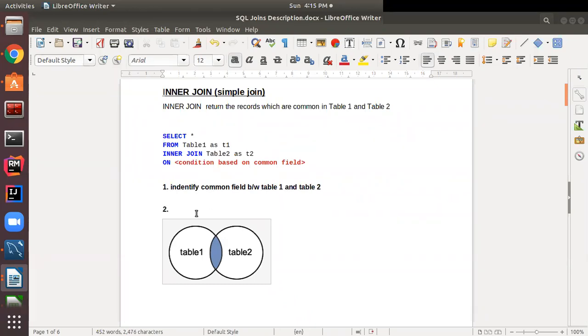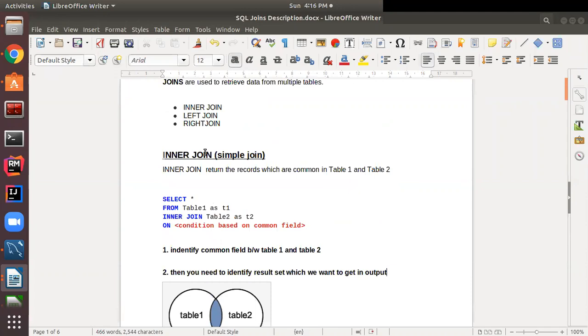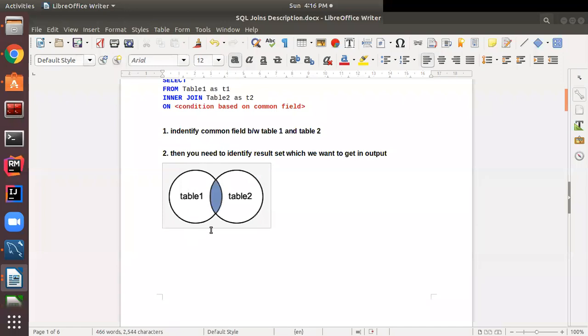Once you identify the common field between the two tables, then you need to identify the result set which you want in the output after executing the query, that means which we want to get after execution of the inner join query. So let's do this query first with a practical example, then we will move to the second join.